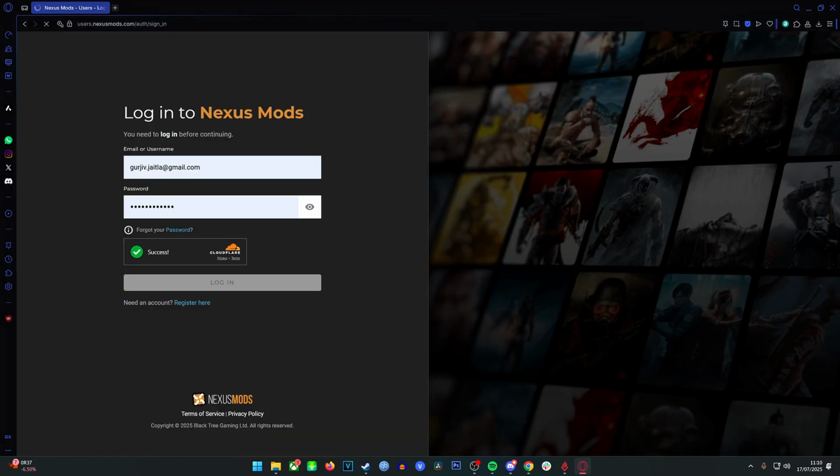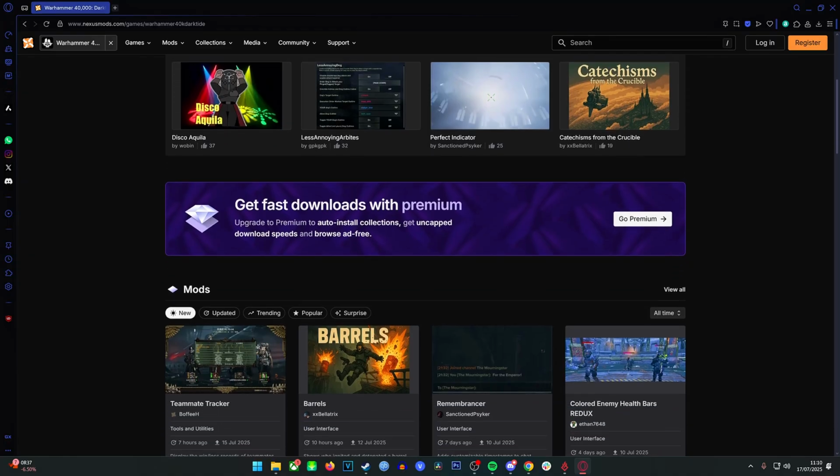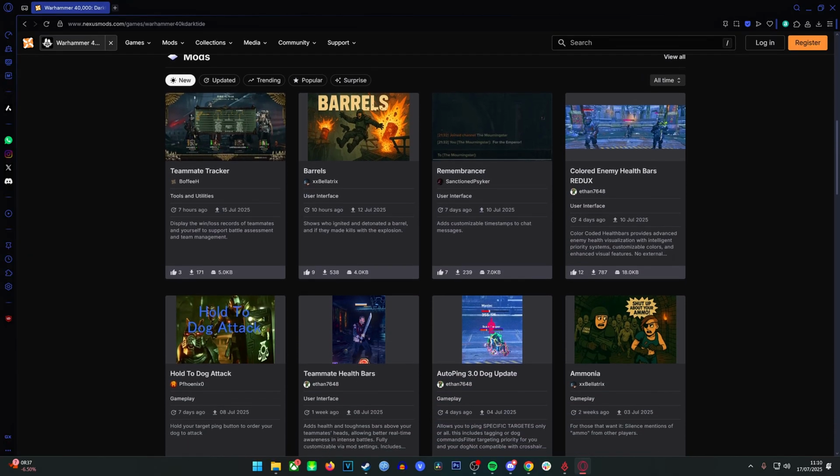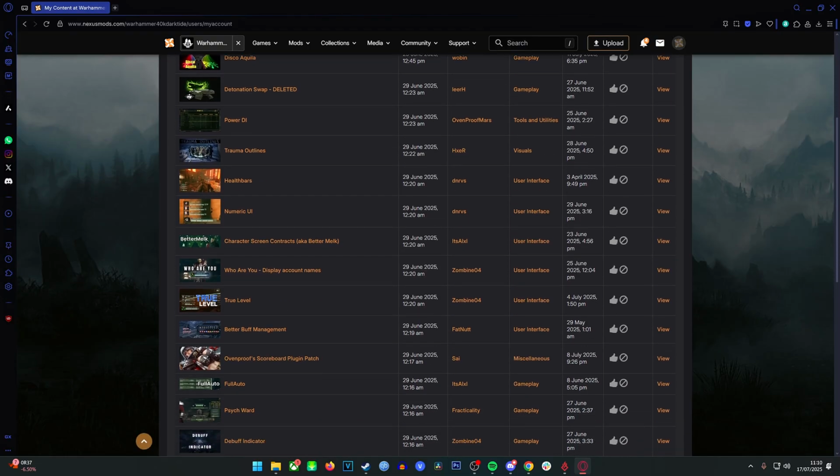First, you'll need a Nexus mod account. If you don't have one, make one right now. This is where most of the Darktide mods live when they're not still hatching in the depths of the modding Discord. Some early access mods do start there, but fear not, most eventually crawl their way onto the Nexus